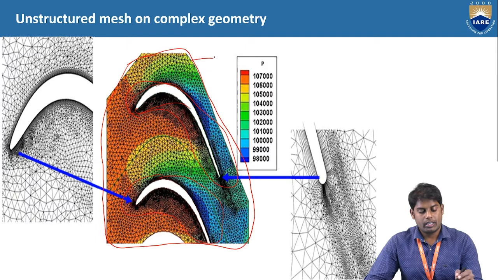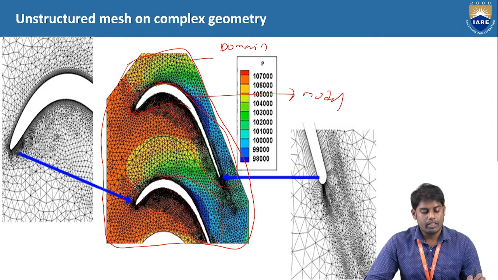Inside the domain you will place your model and you will see the flow over it. So basically this is external flow. Here you can see that the geometry is curved and somewhat complex.